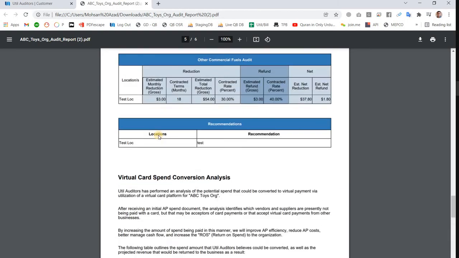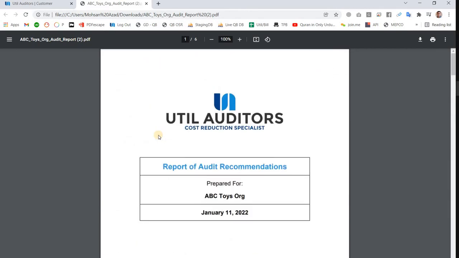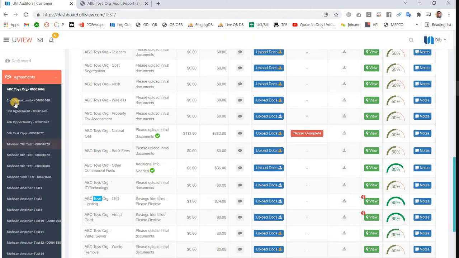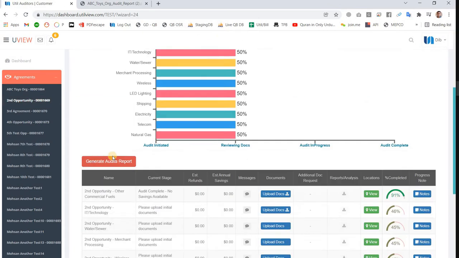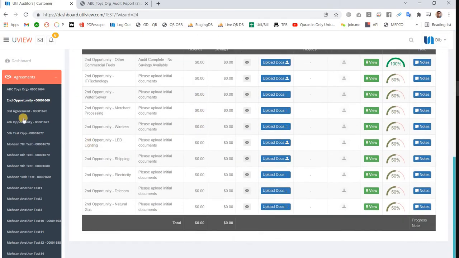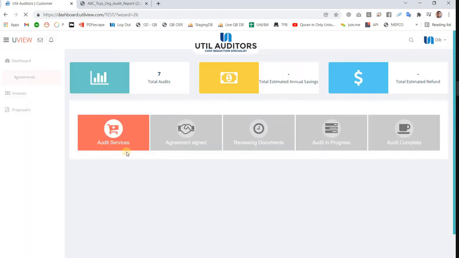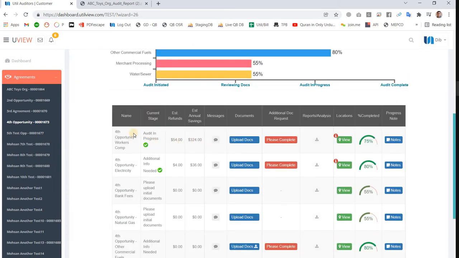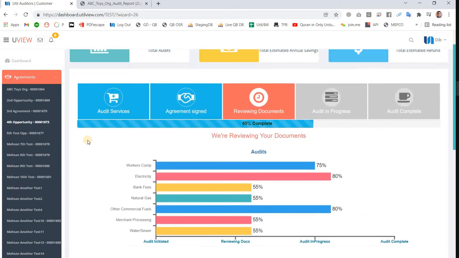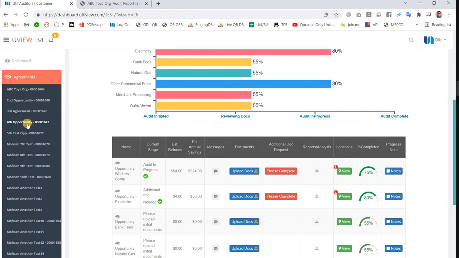You can test and let me know if there is anything that needs to be updated on the reporting, like for this agreement. What happened to this one?